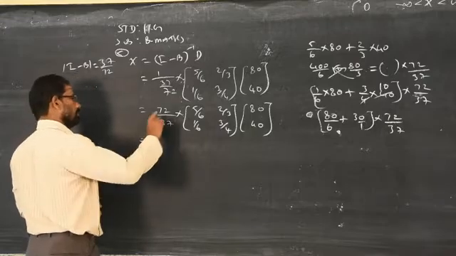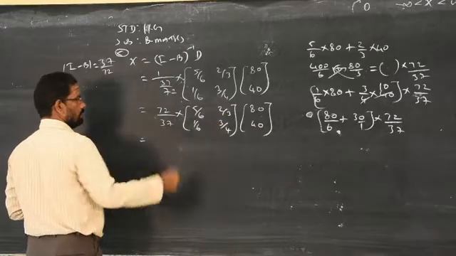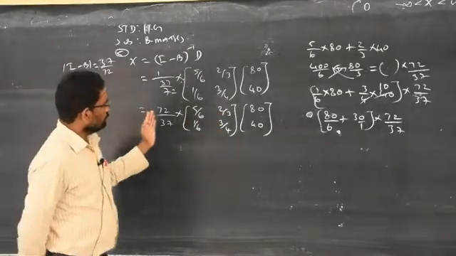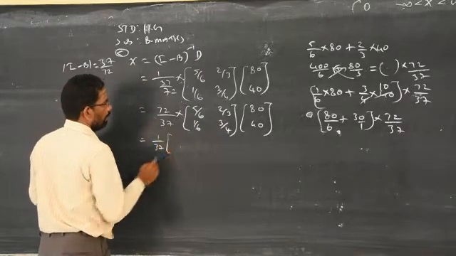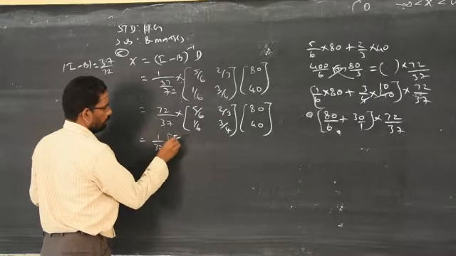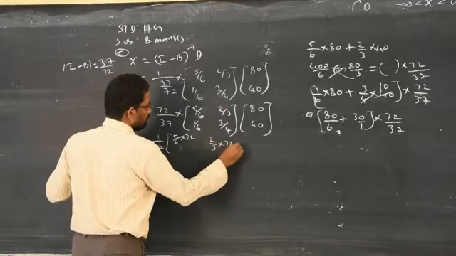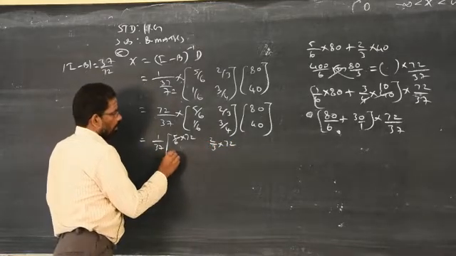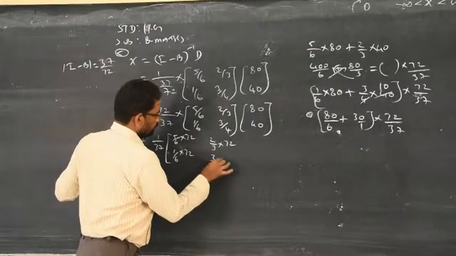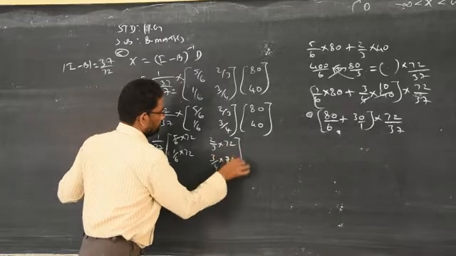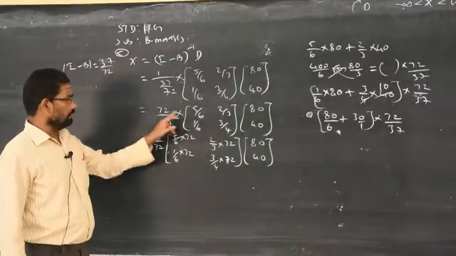Now I am taking 72 inside because 6, 3, 6 and 4 will go exactly into 72. Therefore, I am taking 72 inside the matrix. So, 1 by 37, I am taking 72 inside: 5 by 6 into 72, then 2 by 3 into 72, then 1 by 6 into 72, 3 by 4 into 72, into 80 and 40. Clear? I am just taking this 72.